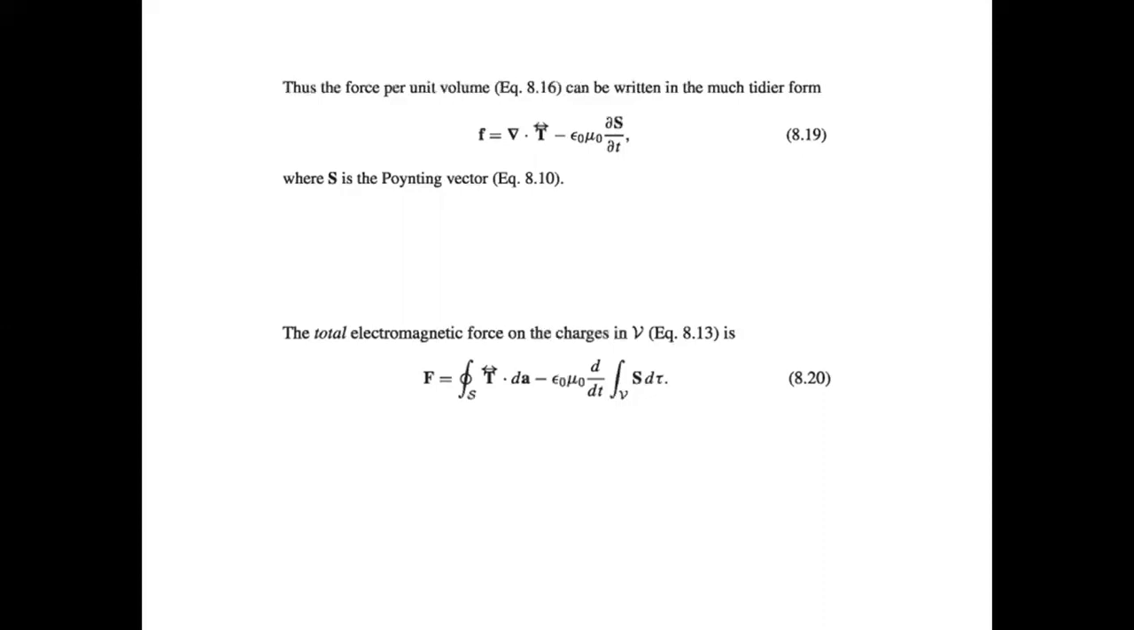So far we've got force per unit volume. If I want the entire force, we have to integrate both sides with respect to the volume. So when you integrate this term with respect to the volume, we can use the divergence theorem to write it out differently: del dot T d tau,